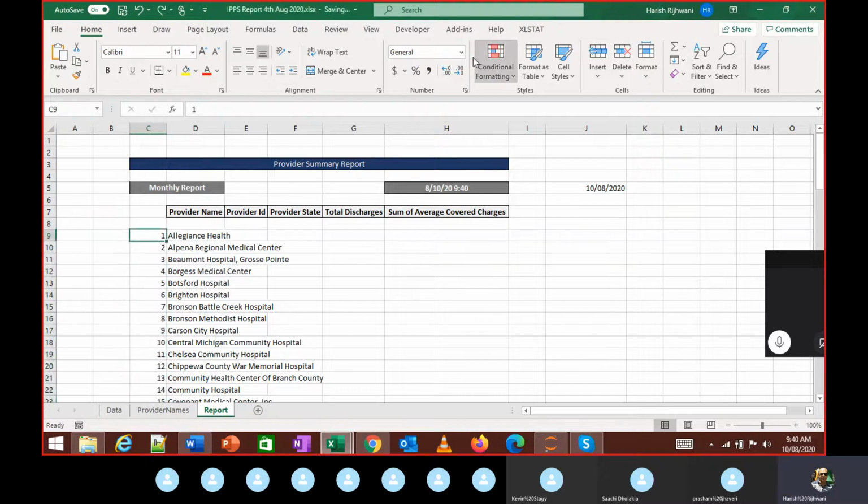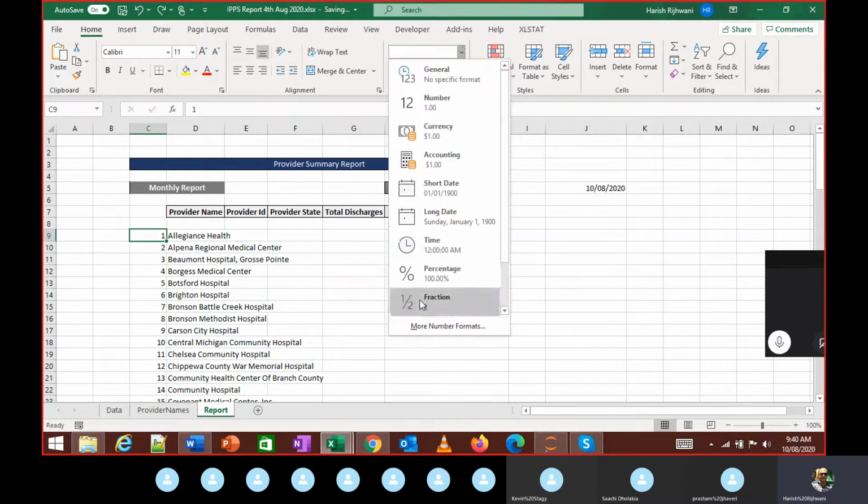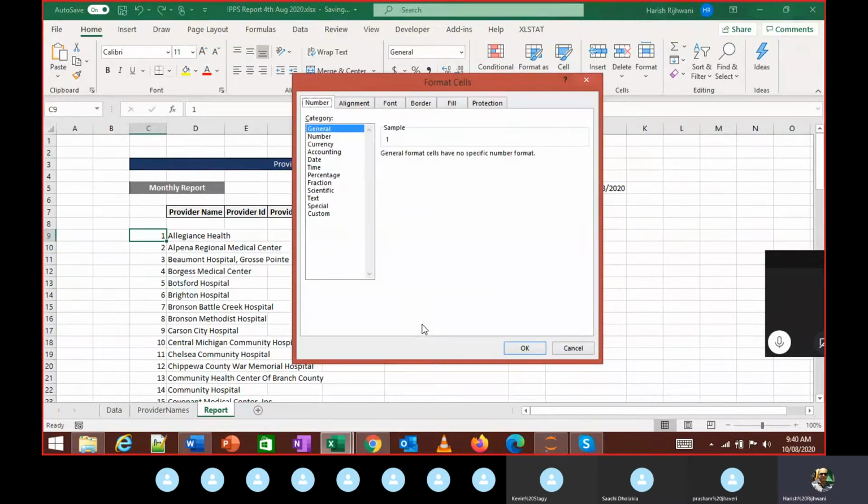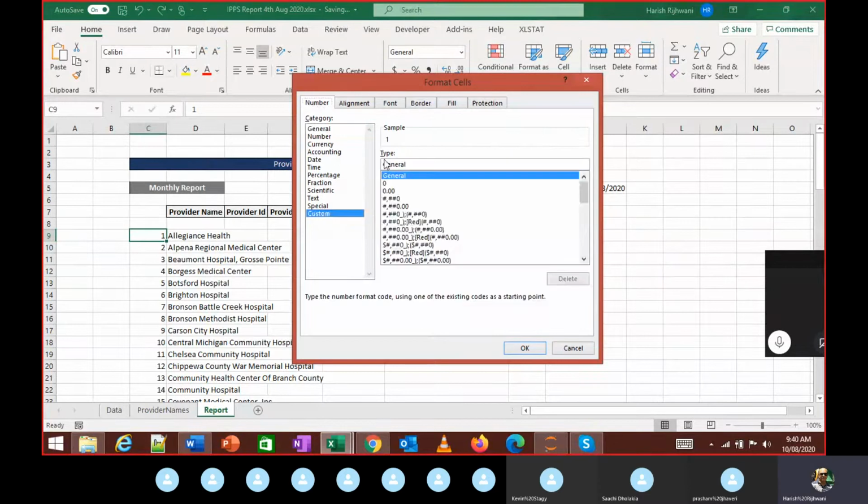This time I'm going to take only one cell because I want to explain one more concept. So I go to number and in this more number formats, go to custom. So here when I look, I just see the sample. I'm seeing the output over here. So if I do 00 dot, it shows me this output over here at the top sample. So this one is going to get converted into 0, 1, dot. If I put another 0, it's going to make it 0, 0, 1 dot.